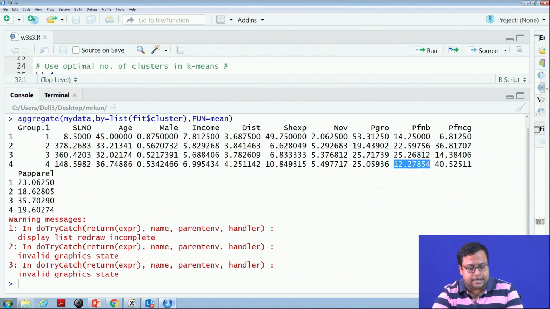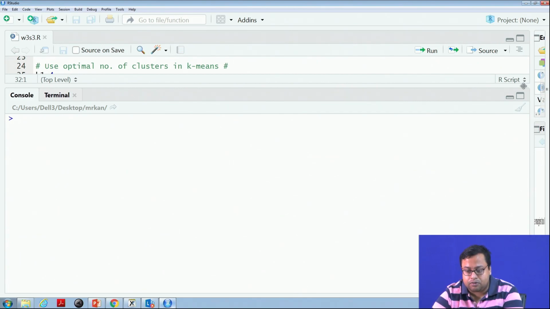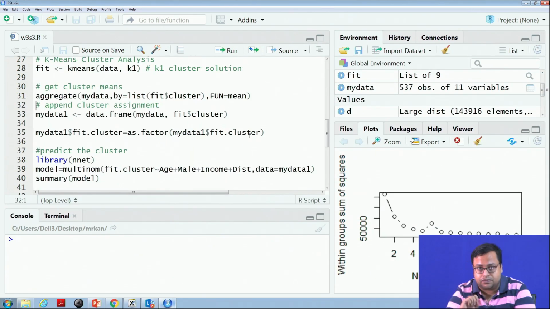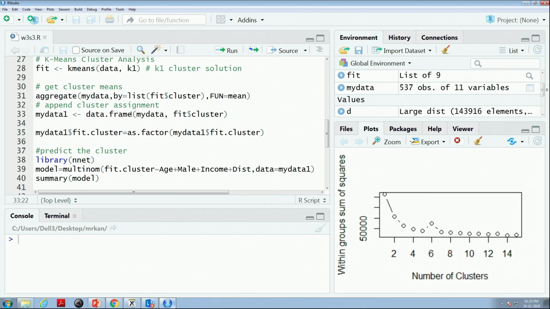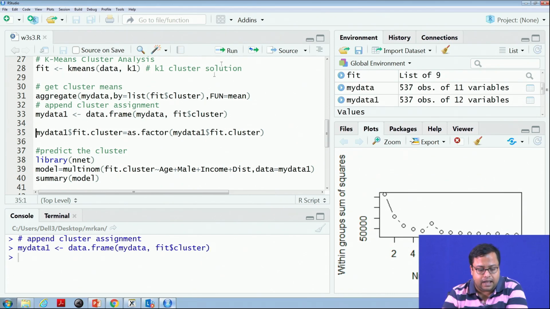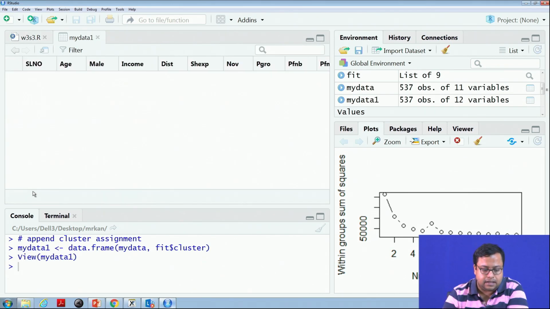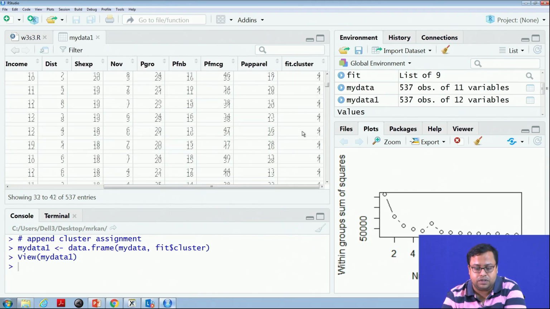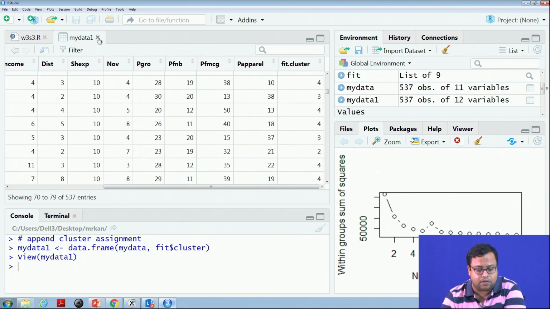And now, at the last stage, I have to create a targeting mechanism. I have to find out that if a new customer comes up and registers with me, how will I know whether he is in segment 1 or segment 2 or segment 3 or segment 4. So, what I do is, I put another data set, data1, where I actually have put the cluster numbers, that is, which guy is in which cluster. I have done that.